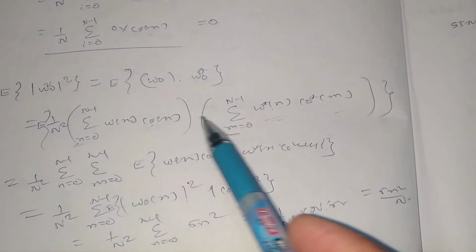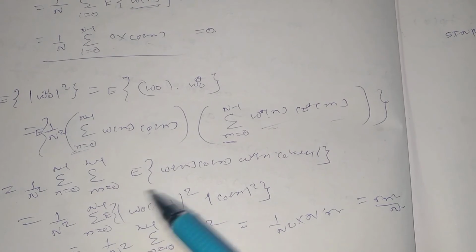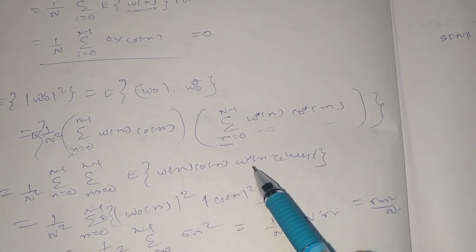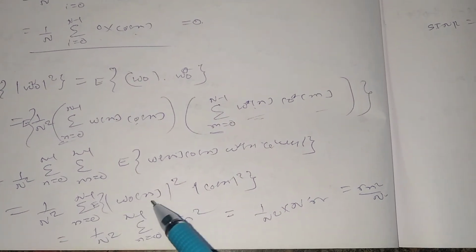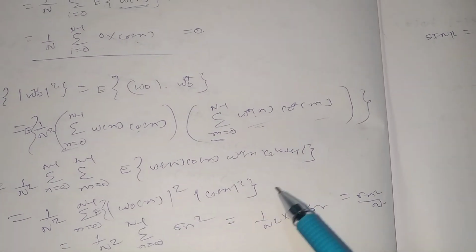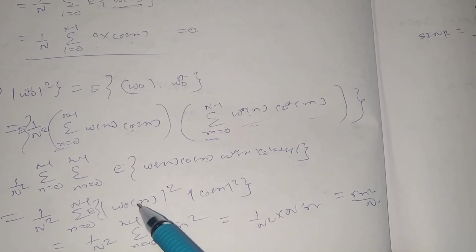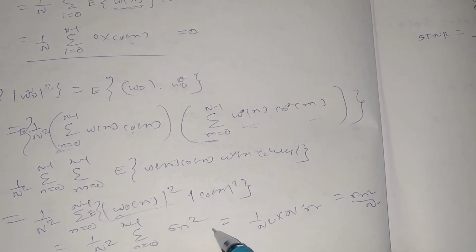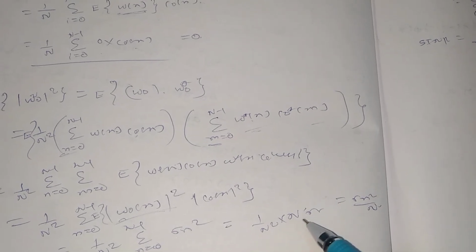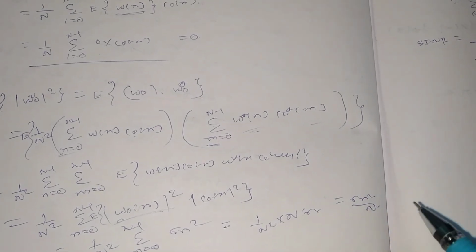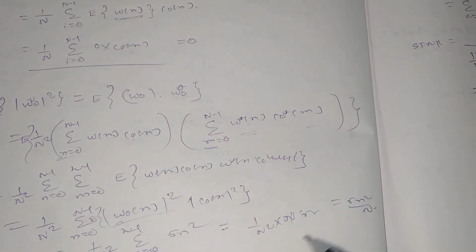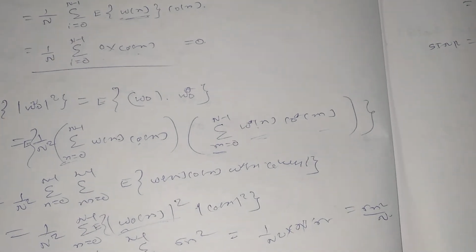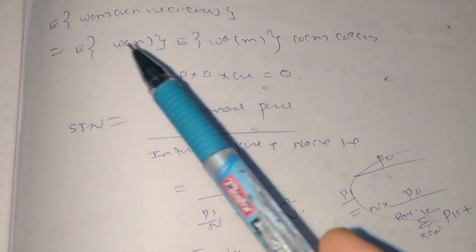So after that, I will just take the limits outside, because they are same limits, and W of n into C naught of n, W Hermitian of n into C naught Hermitian of n. So I can write magnitude W naught of n square and C naught of n square. So 1 by n square into, so the correlation for this one will be sigma n square, right? So 1 by n square into n sigma n square. So I can write sigma n square divided by n here. So this n and this one will go, and this sigma n square by n will be left as the power.